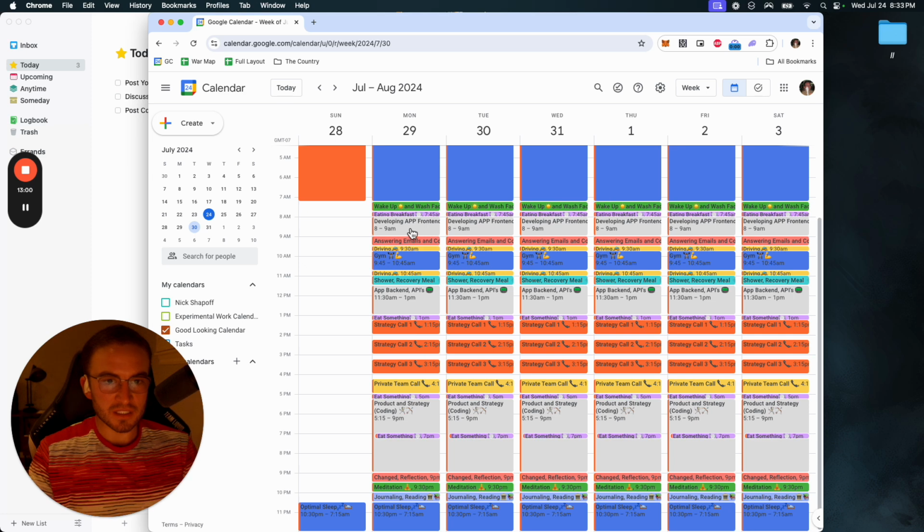As you can see here, let's say I was a founder, let's say I was a developer who is managing a team, and I wanted to change my time from developing apps to having strategy calls with customers and actually ideating and further developing the product. As you can see here, this is still pretty good. I have 2.5 hours of coding each day. I have